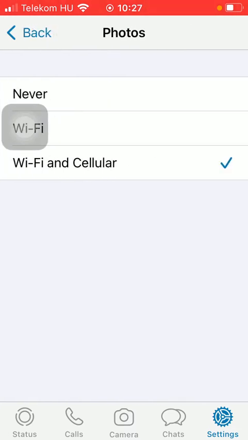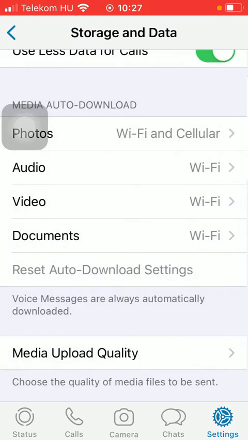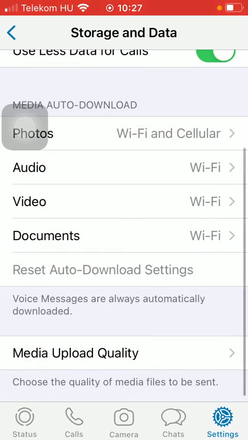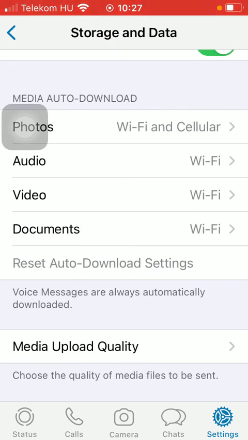Here you can select the photos such as Wi-Fi and cellular, and also audio, video and documents. So as you can see, the voice messages are always automatically downloaded, and in these cases you can select from these listed options. Here you can choose the quality of media files to be sent by clicking on the media